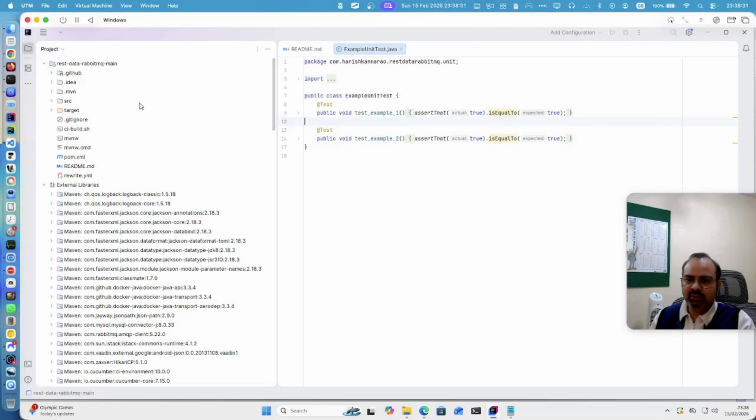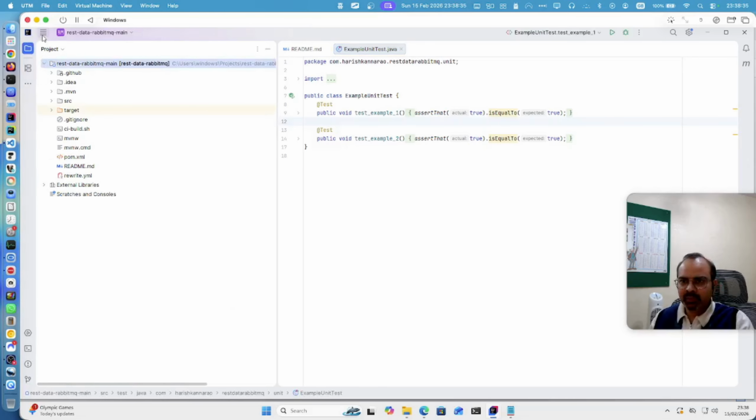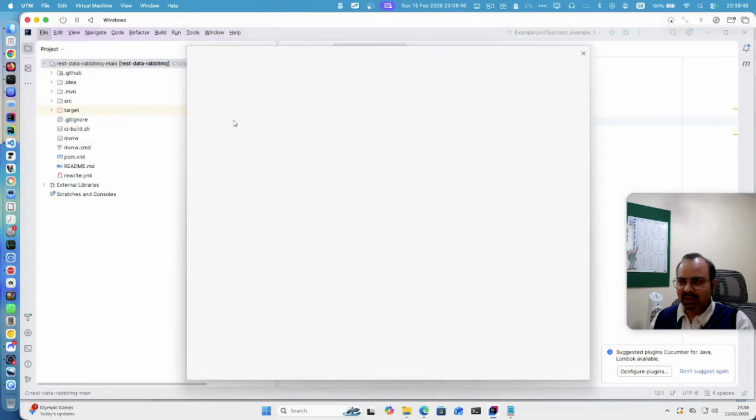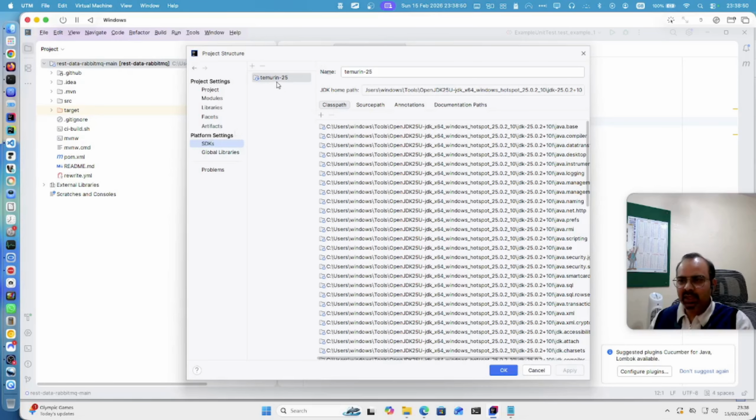Both these projects will be isolated in a sense that, go to the file menu, oops, too fast, project structure, go to the SDKs, and here the IDE right now has only one version of JDK, which is 25. Click on plus, add JDK from disk,